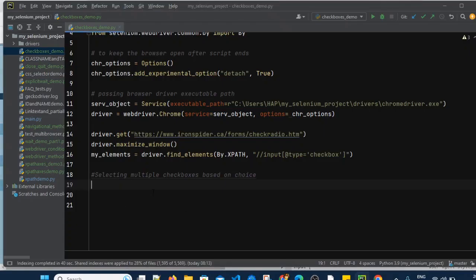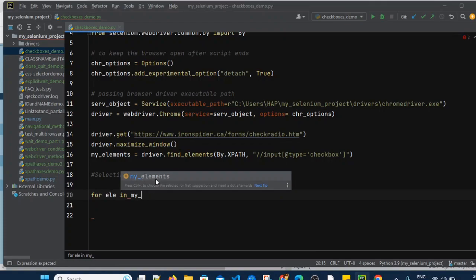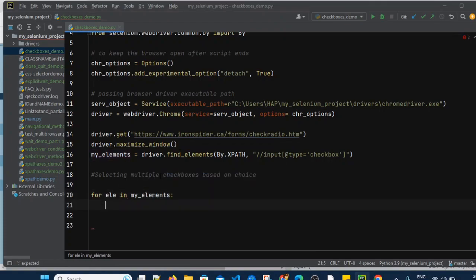So to do that, I will just add again for loop for ELE in my elements. After that, I want to get the value for value attribute, right?